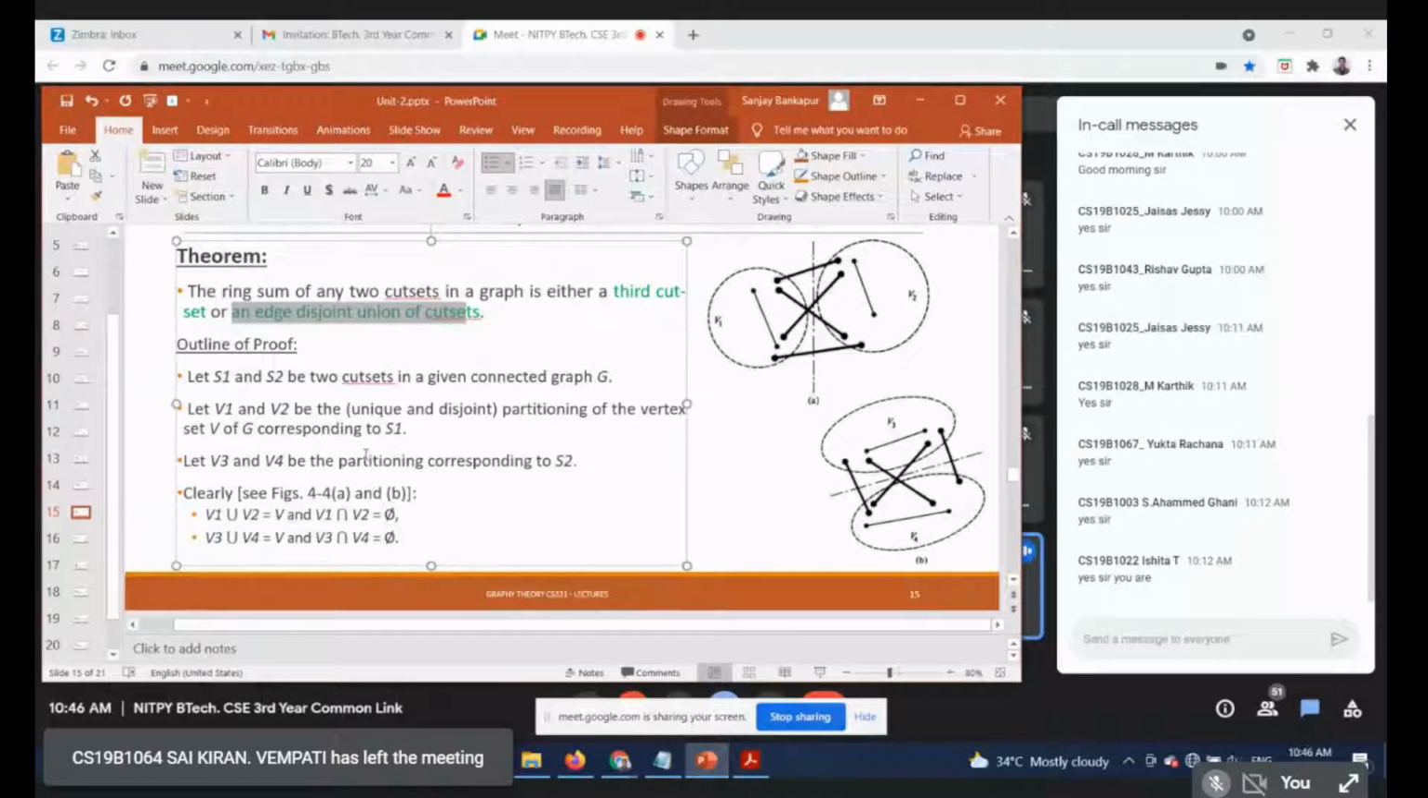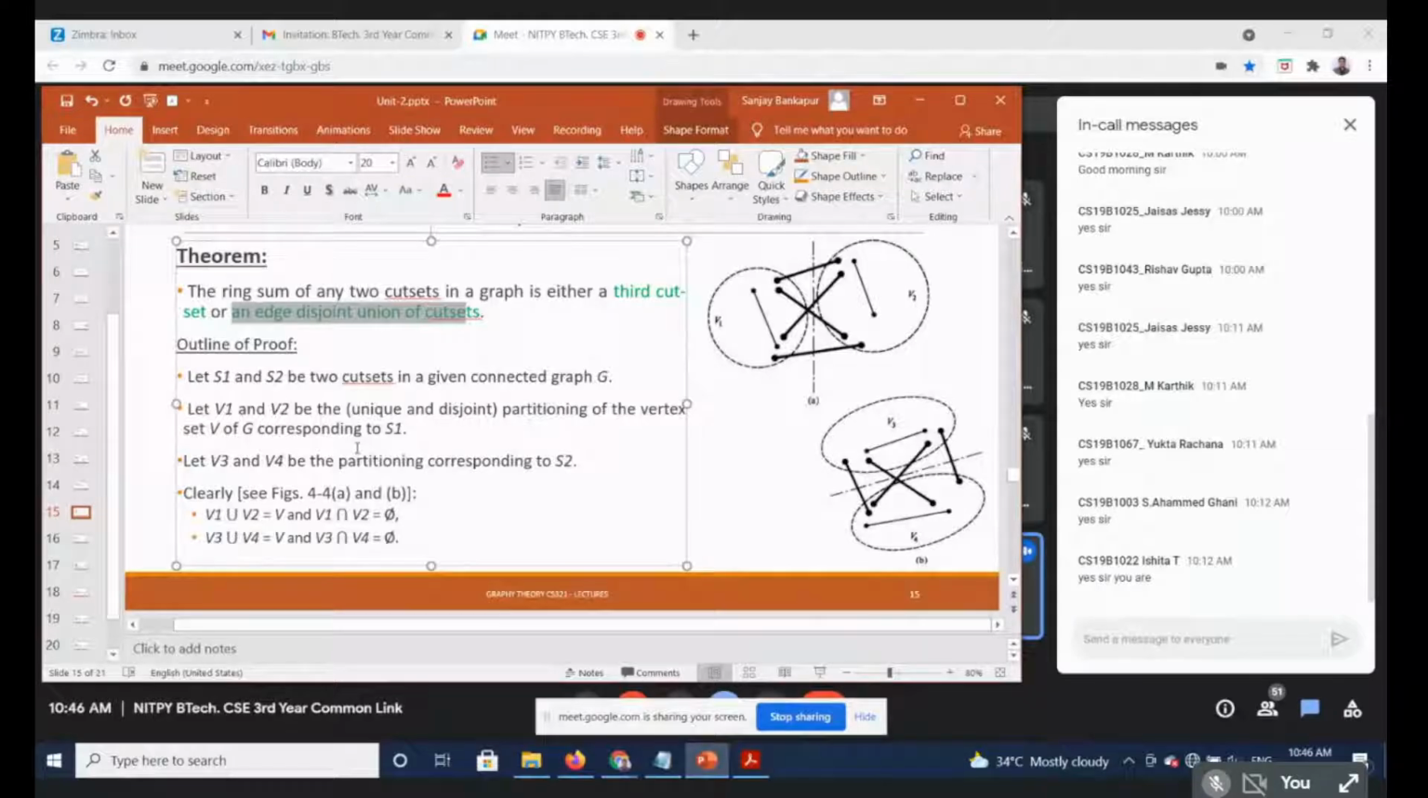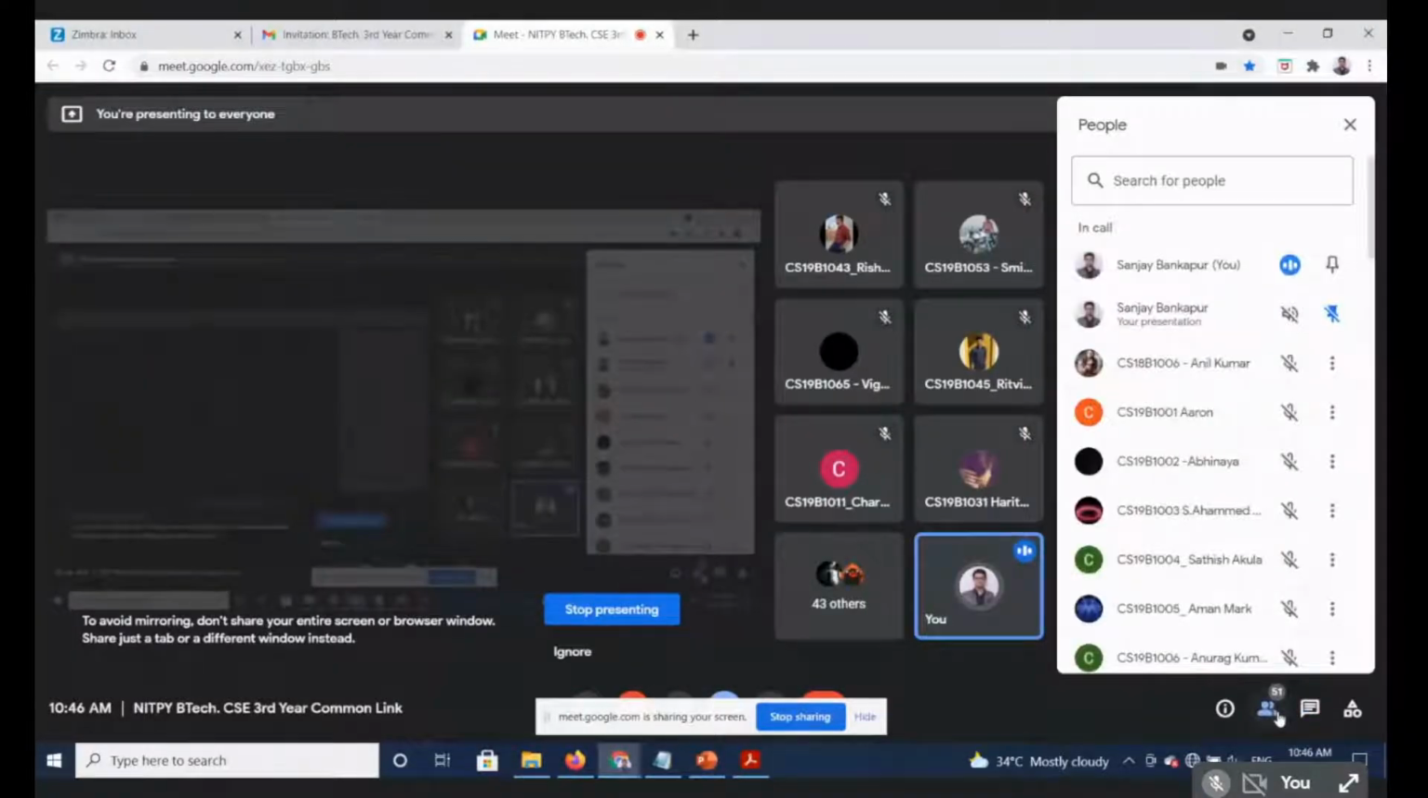Yeah, this theorem probably takes some good time. I don't want to leave that in half. It's almost 10:45, and a couple of minutes more. So we'll see this in detail in the next class. Before going to that, I can see 50 students are present, and